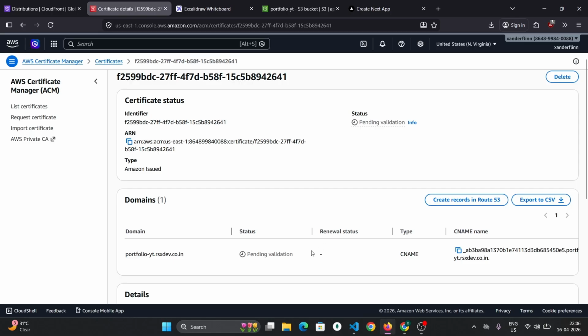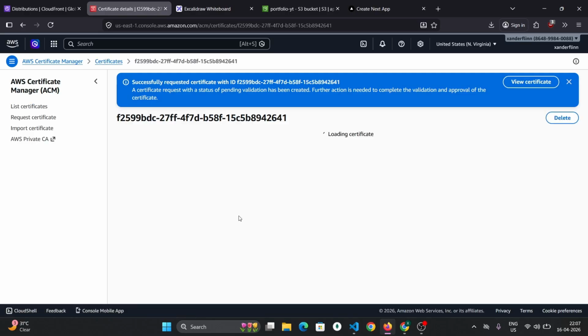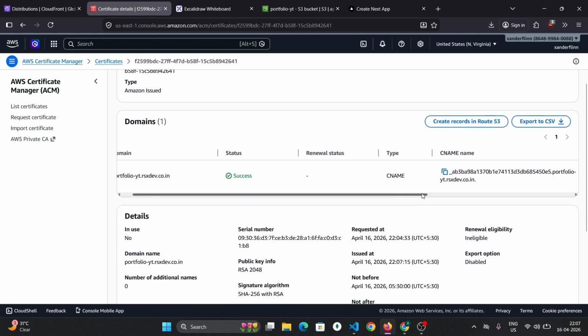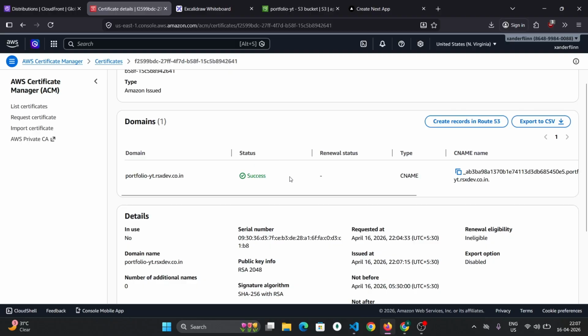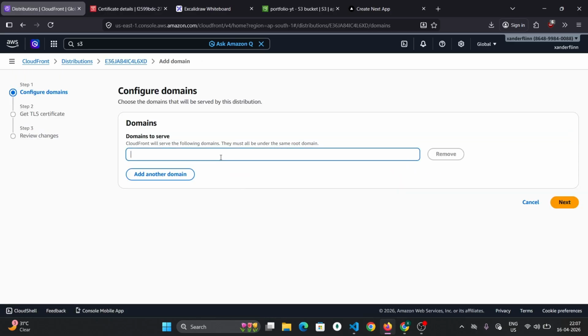So let's pause. Our certificate is issued. कौन सा वाला है, यही वाला है ना. Yes, success. Now the status is success. As you can see, go to your distribution, add your domain name again, portfolio yt.rsxdev.co.in. Next,